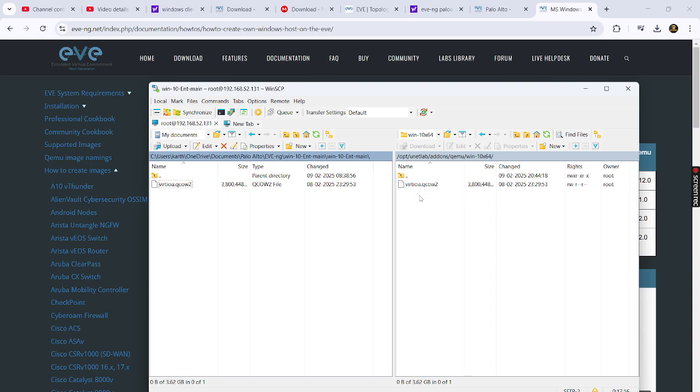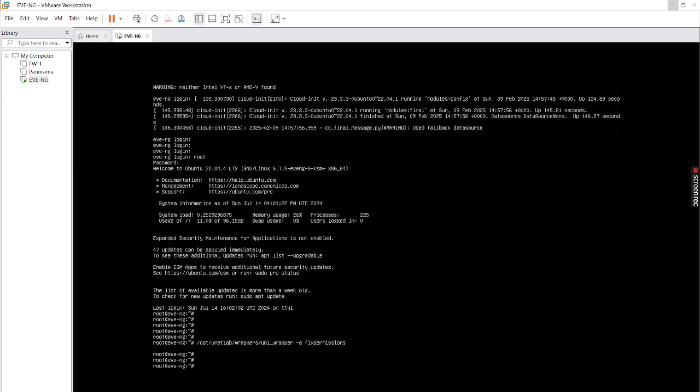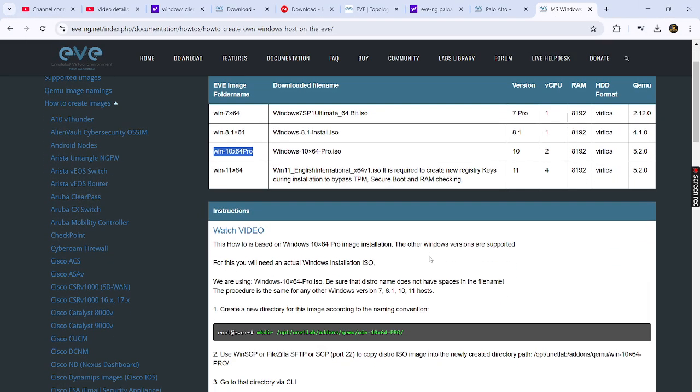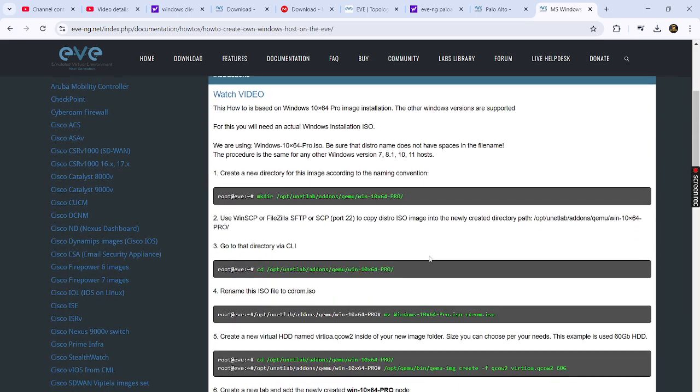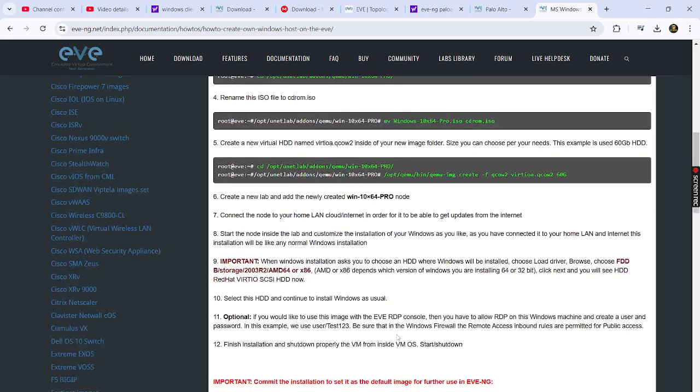The adding of the Windows image is completed, right? Now we have to run the same command one more time, okay? Otherwise, we can check what is the command that we need to run here. We have it here, right? So these are the things that we have made already.